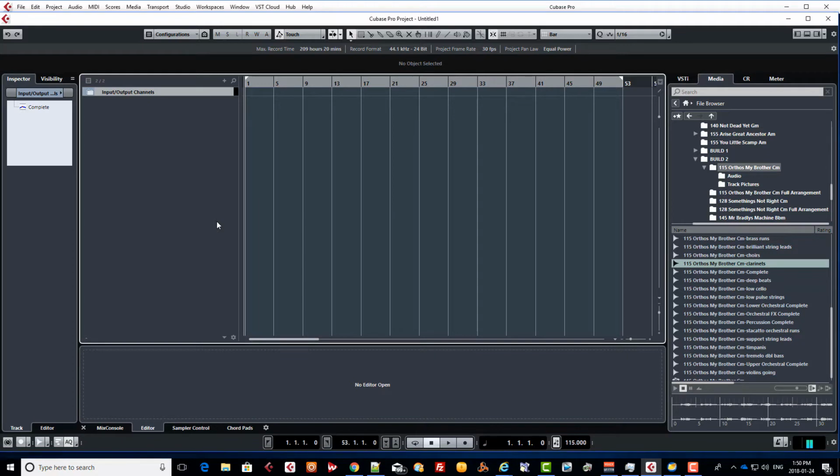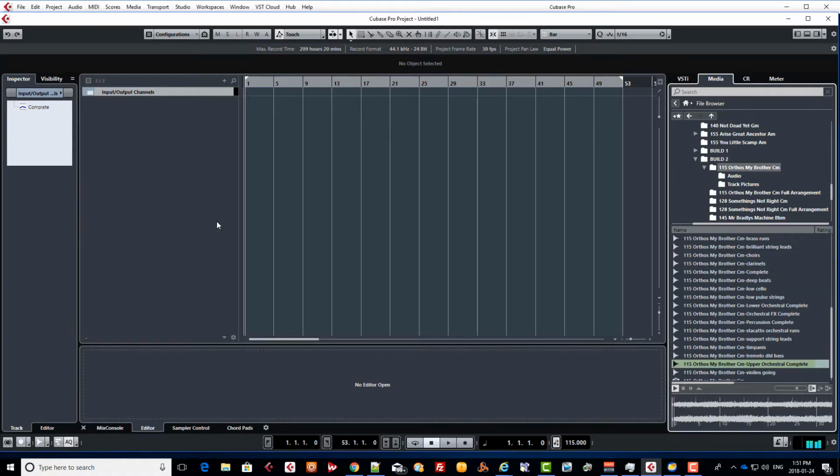Now, anything that is labeled complete is an actual complete collection, or what's known as a group. So if I was to click on this upper orchestral complete, now you can see that that's a complete mix, including all of the reverb and all of the settings for what is essentially the upper orchestral elements in the track itself. And if we were to click on the lower orchestral complete,